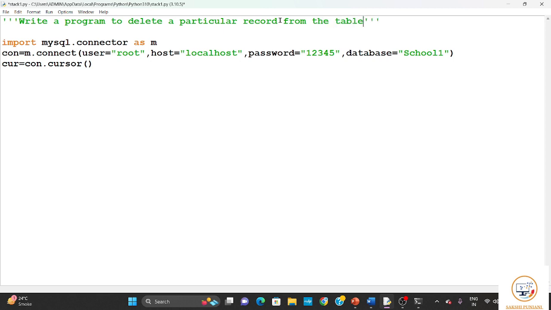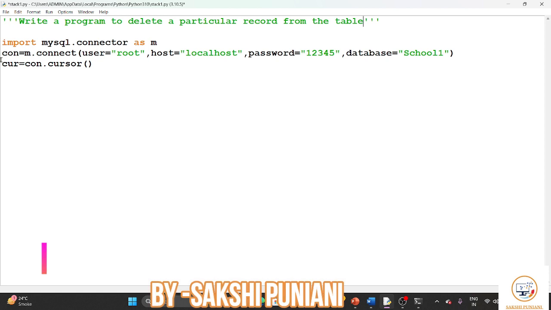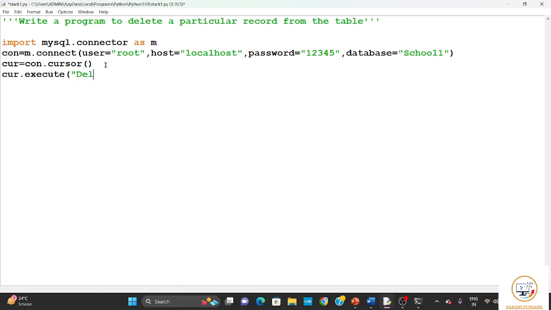So for this purpose, we have again imported MySQL.connector module as M. Then we have created the connection object using the connect function, in which we have passed the 4 parameters: user, host, password and database. Our database is school1, and the cursor object we have created using the cursor function. Now we need to write down the query for the delete statement. So we'll write down cursor dot execute delete from student,